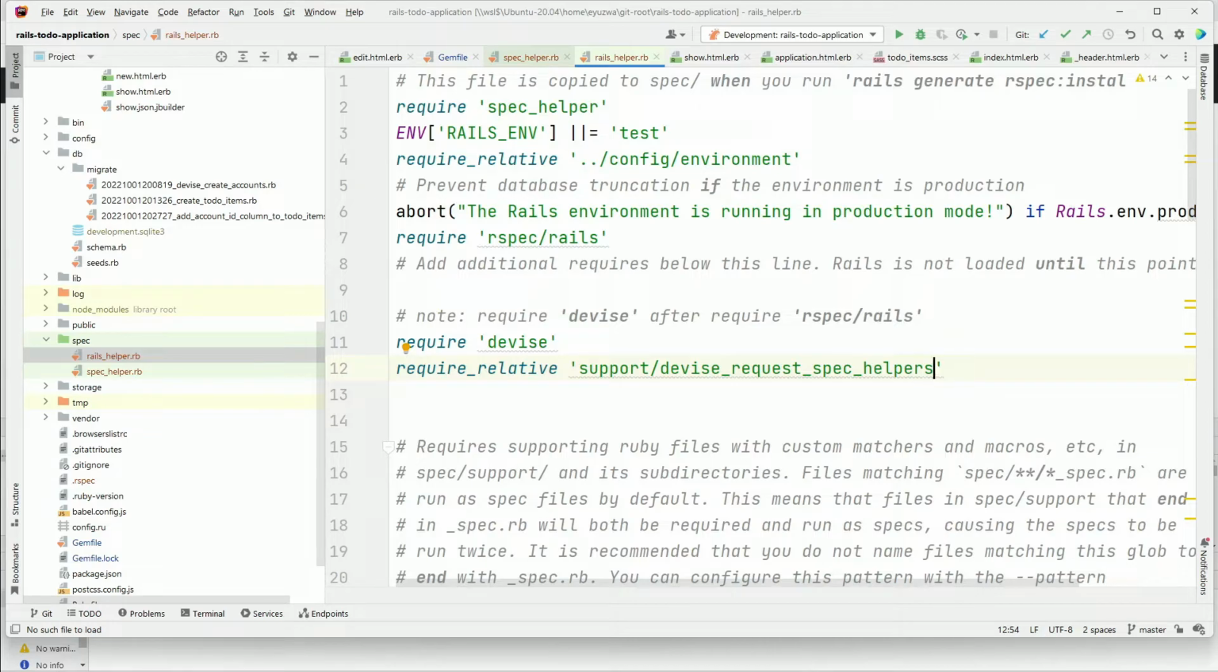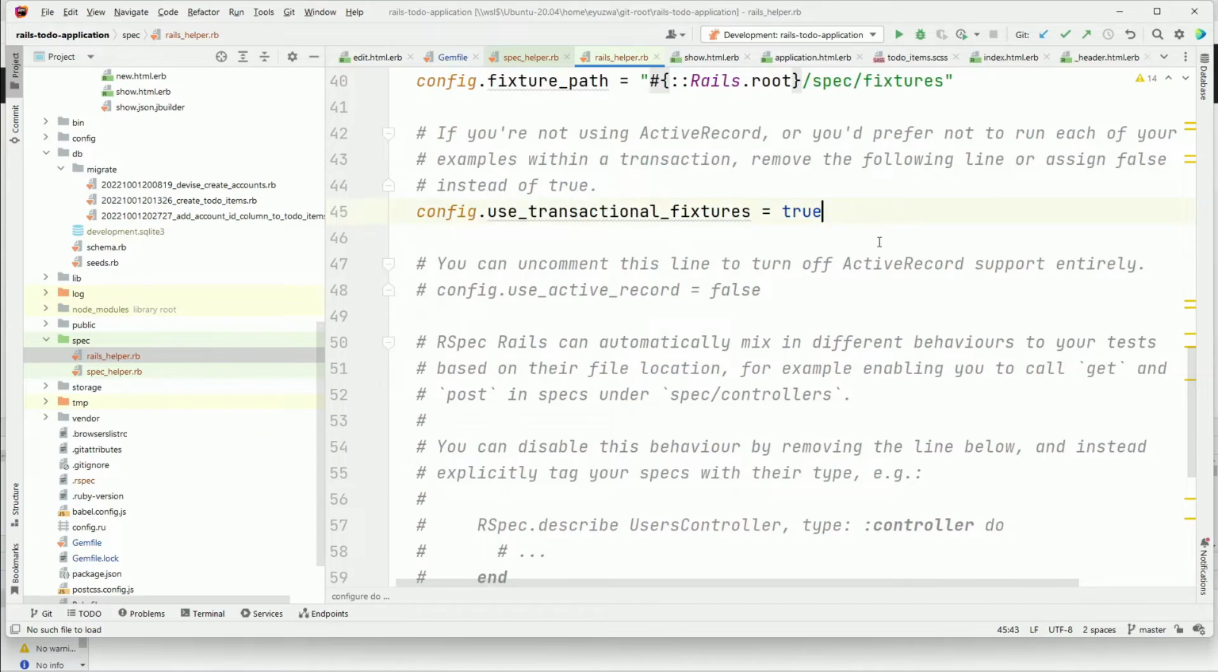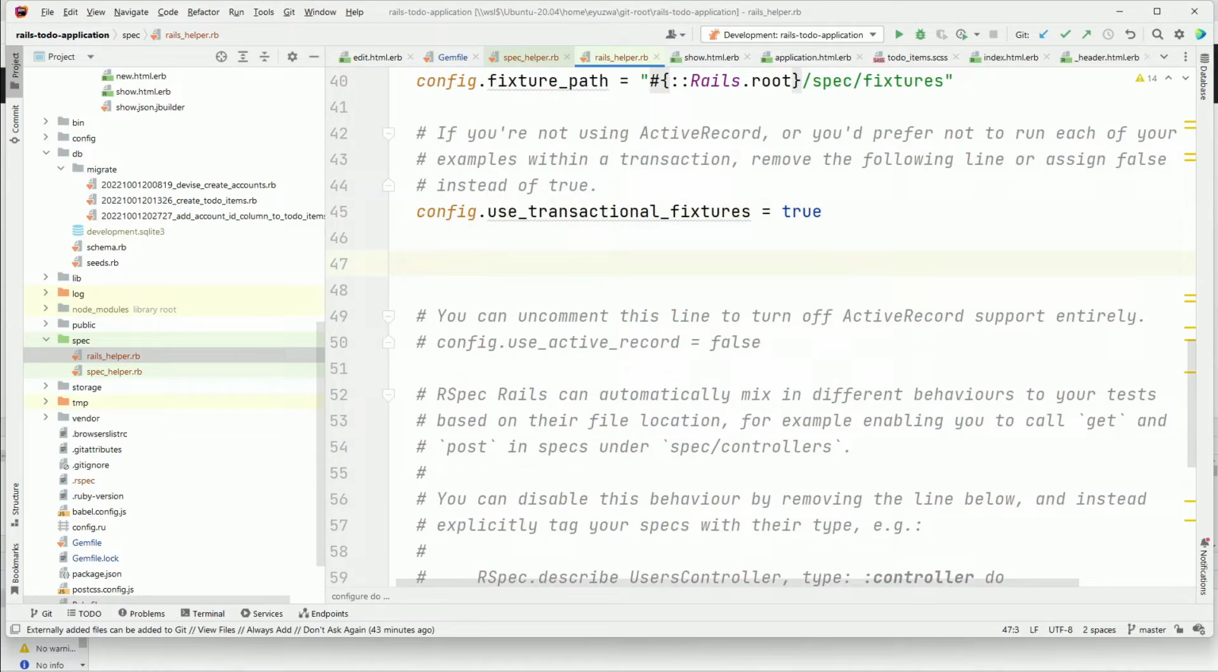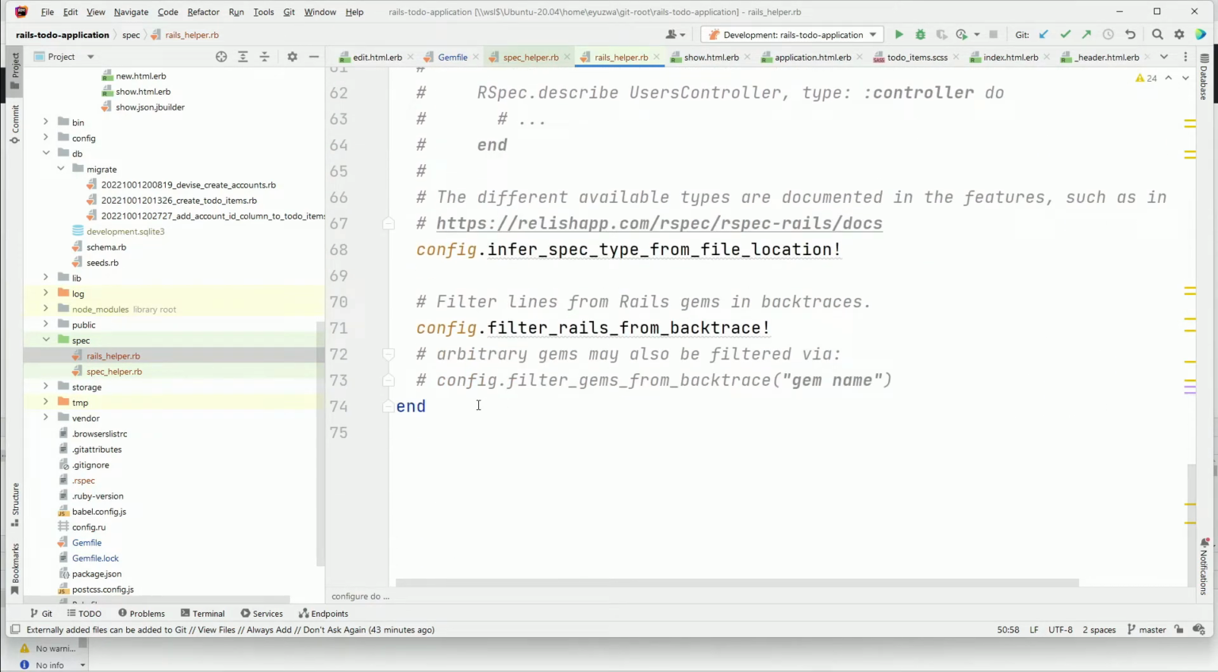Okay, and then further down in this file, right here, after the use_transactional_fixtures line, I'll be putting in some configuration options that are right from the Devise and rspec websites. So we've got config include Devise test controller helpers type controller, integration helpers type request, and request spec helpers type request. So then let's go down to the bottom of this file after the end,